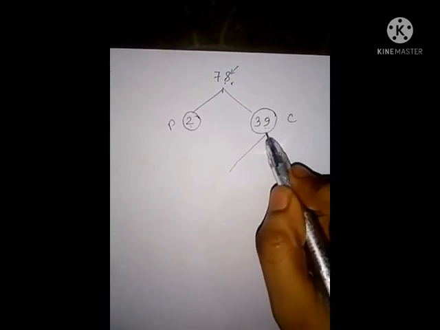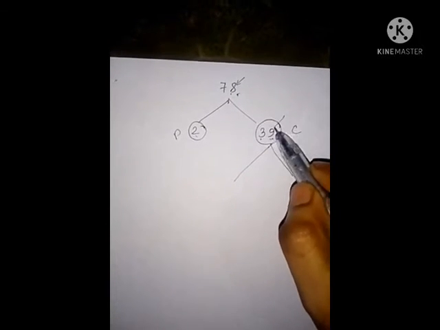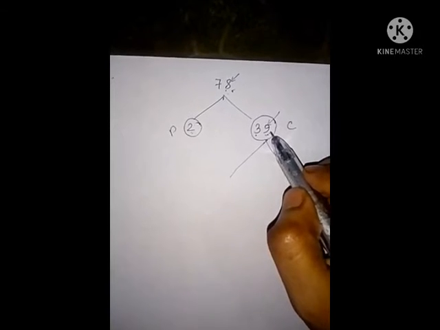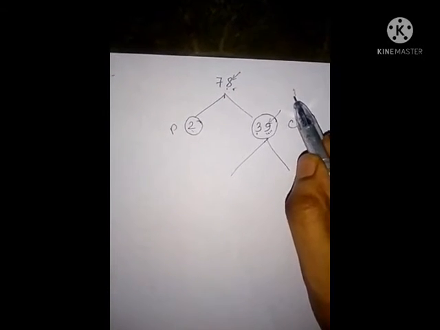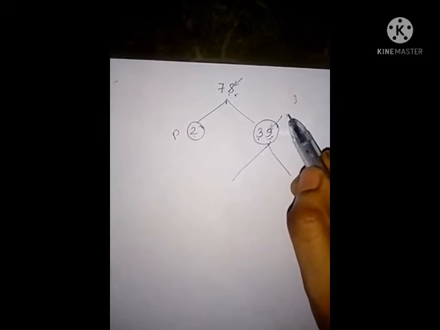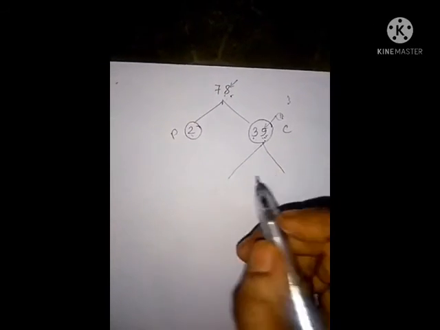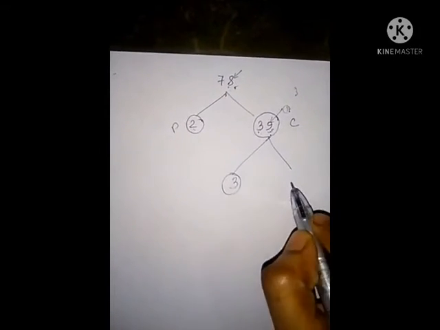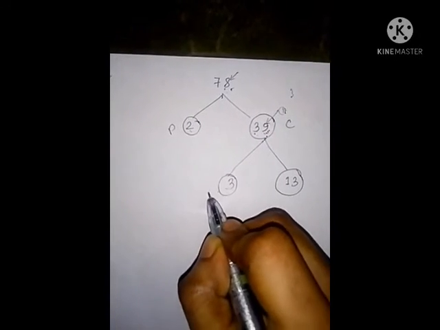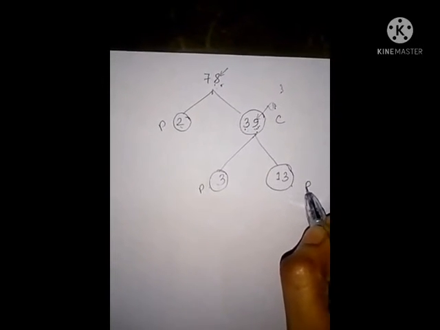See, we will check whether this is divisible by 2 or not. This is not divisible by 2 because here in the 1's position an odd number is present. So we will go for 3. Whether this is divisible by 3 or not. 3 plus 9, 12. 12 is divisible by 3. So 39 is also divisible by 3. 3 times 13. 3 is also a prime number and 13 is also a prime number.